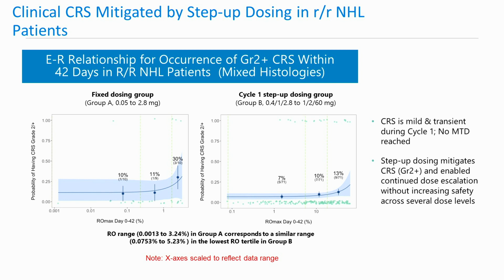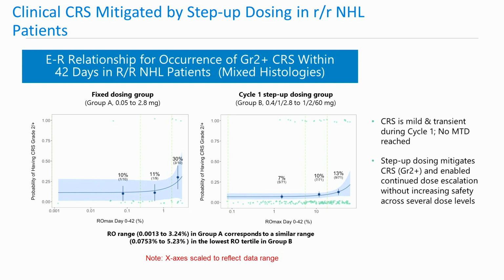We're comparing two dosing regimens, a fixed dosing regimen on the left versus a step-up dosing regimen on the right. The green dots are patient-level data. 0 means no event and 1 means yes. The blue trend line is based on logistic regression, where the numbers represent the observed CRS rate in each tertile of exposure. Overall, we can see in the fixed dosing group that there is a trend of increasing CRS rate